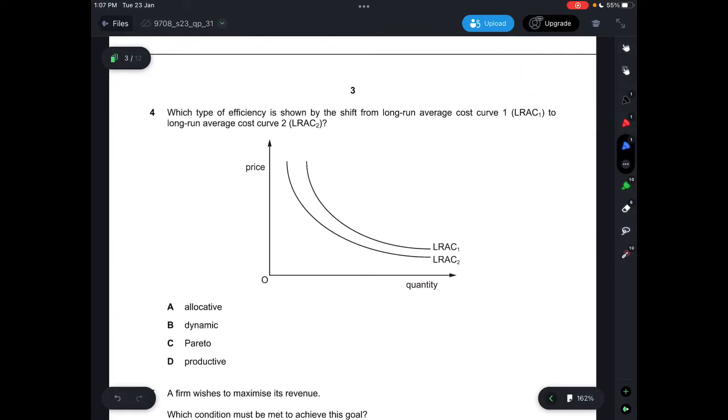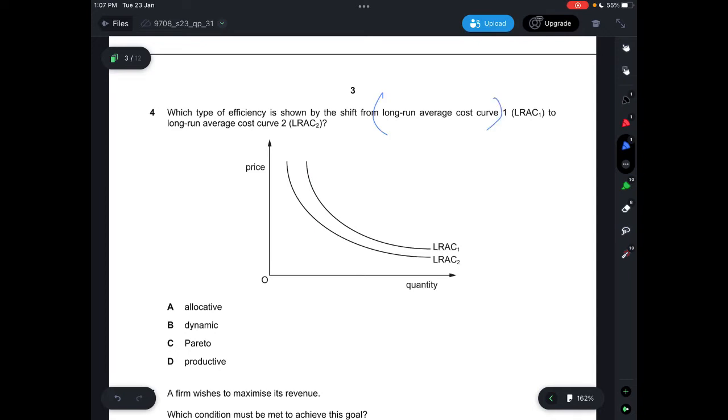Question 4, which type of efficiency is shown by the shift from long run average cost curve 1 to long run average cost curve 2? So you can see here the long run average cost curve 1 has been shifted downwards, as in the price has decreased. So what will result in this would have to be a change in technology, which would result in an increased production of the good. So this one would have to be dynamic efficiency,